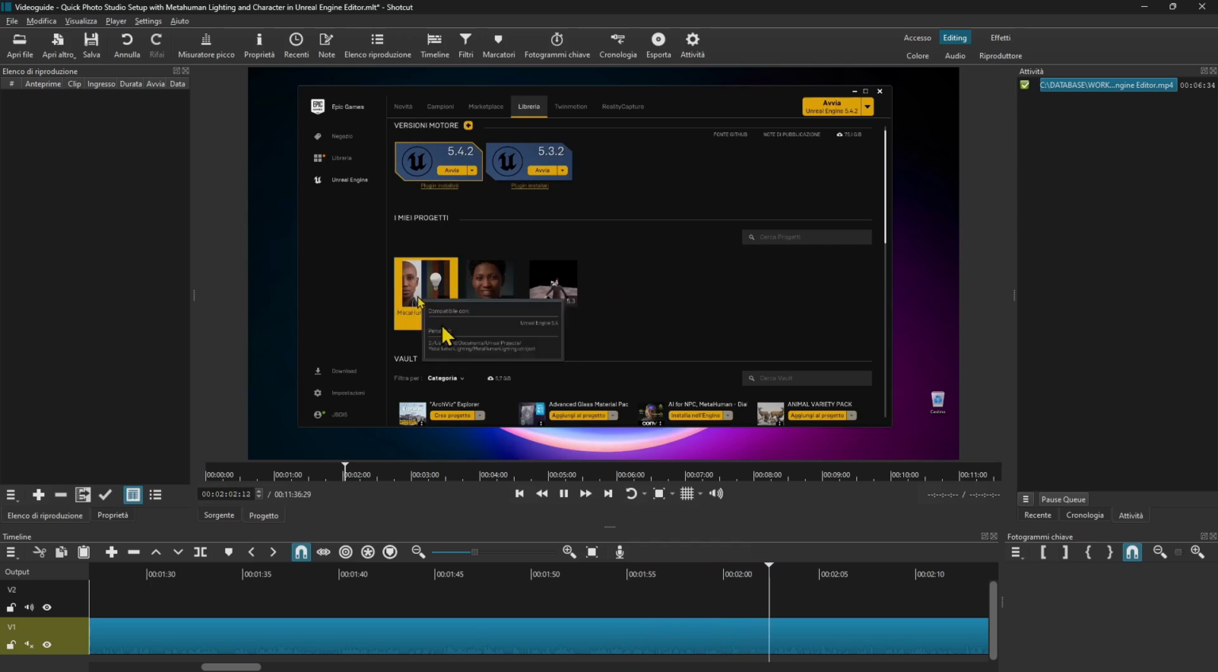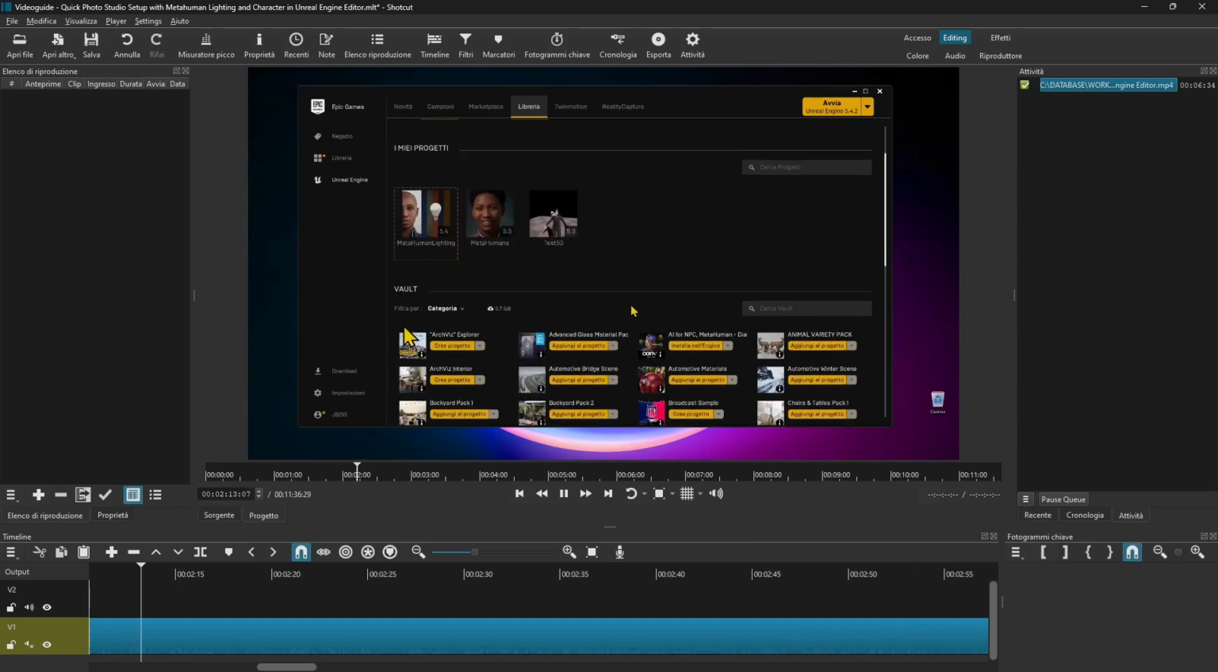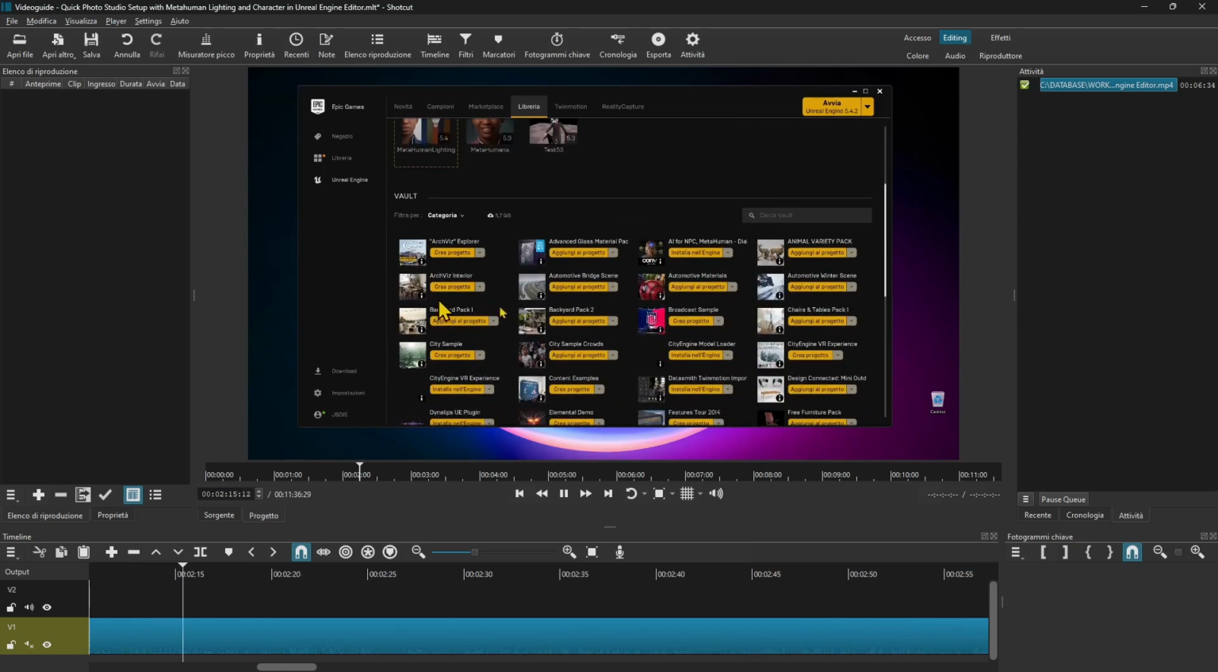Now, I've already created a project. So I'm just going to double click and open that one and show you what you need to do to have the basic setup. While this loads, and usually it takes some time to load things in Unreal Engine,